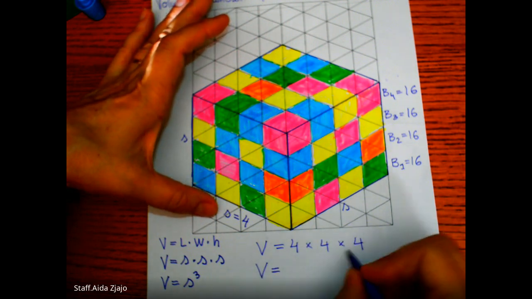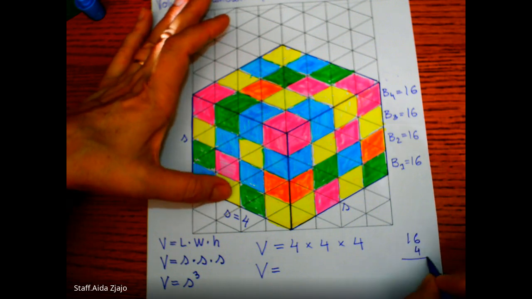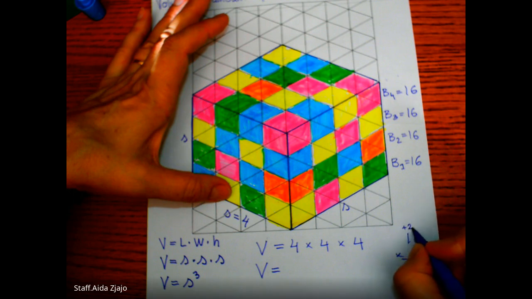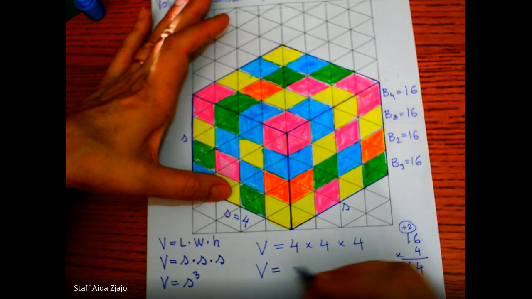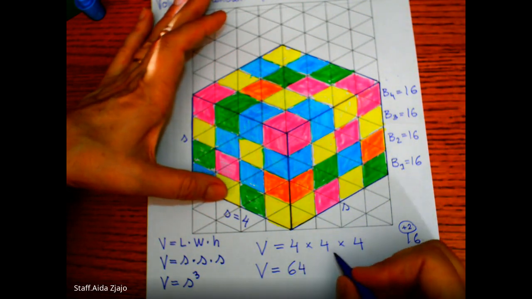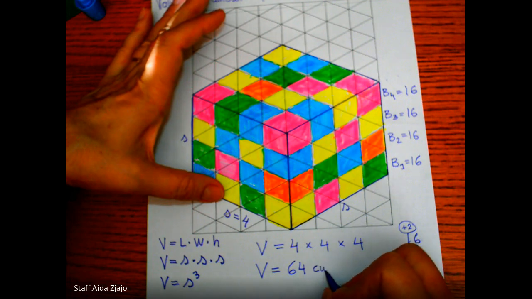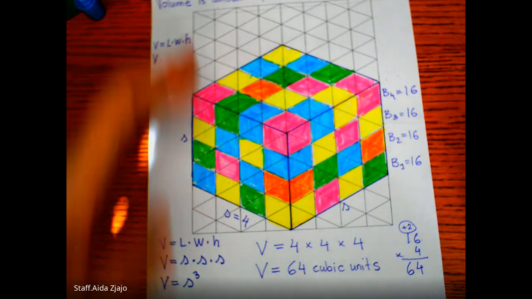So we can calculate and check our answer by adding the bottom areas that are covered with the cubes, or we can multiply 4 units times 4 units times 4 units, which will give us 4 times 4 is 16, and then times 4: 4 times 6 is 24. Remember 2. 1 times 4 is 4, plus 2 is 6. So it's 64 cubic units. So that is our